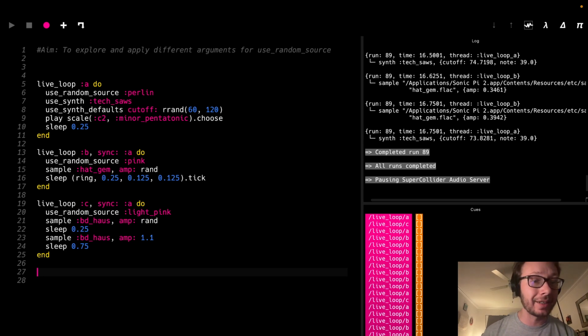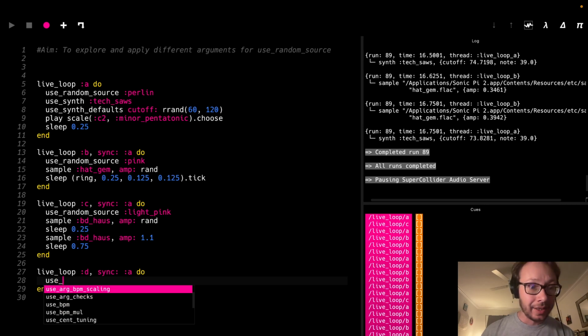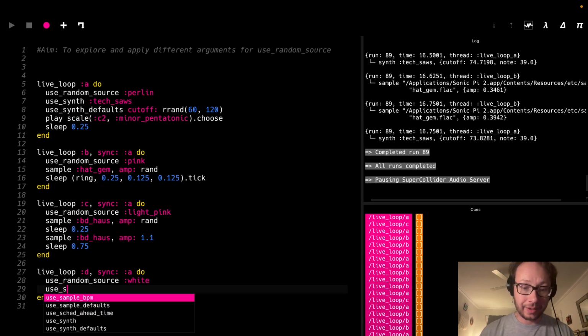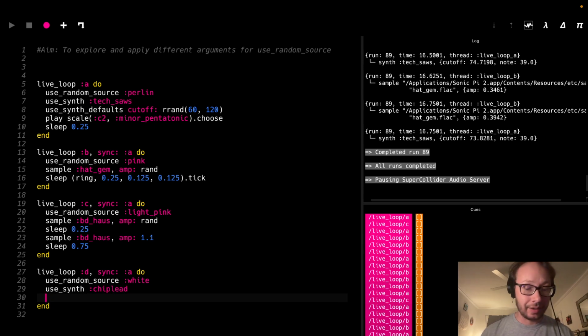So one more thing I'll do here is I'm going to go back to a more traditional use. I don't necessarily need to write this as it's the default, but just to emphasize this, I'll use white noise here. And I'm going to use the synth chip lead. And here I'm going to play a scale of,